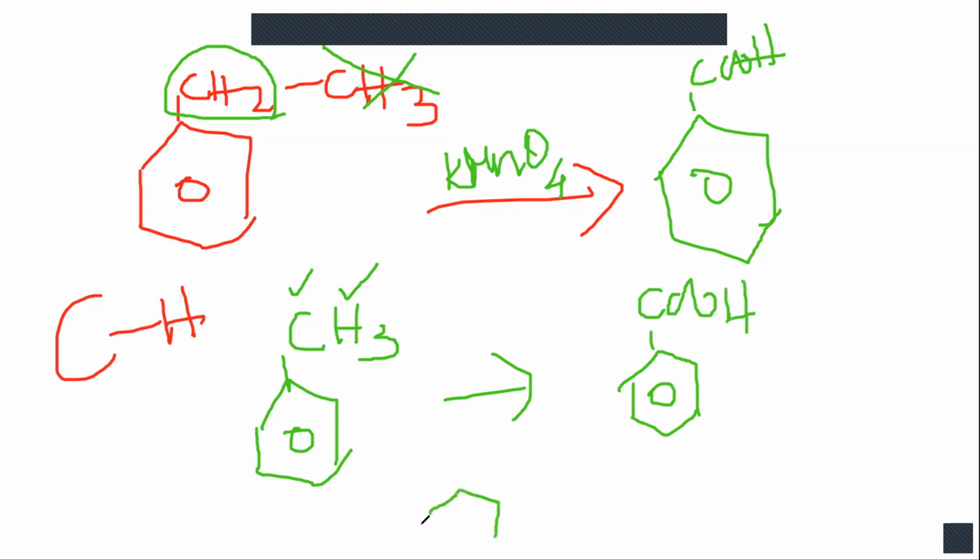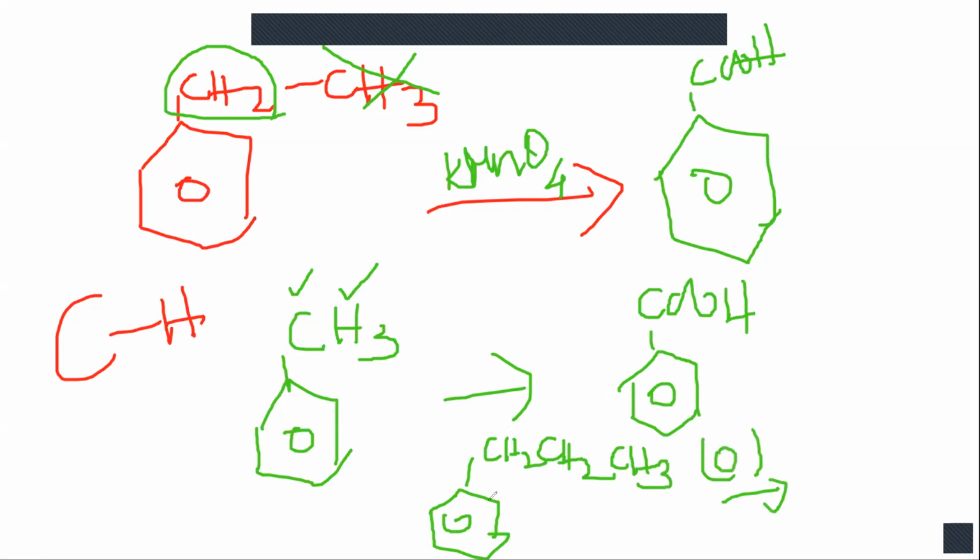Then one more example, propyl benzene. You just think that you are having 3 carbon atoms connected to the benzene ring. What will happen now in KMnO4 oxidation? So now also the product is benzoic acid only, because KMnO4 needs only one C and an H that is connected to the benzene ring. The other carbons are not at all necessary. So here also the product is benzoic acid.